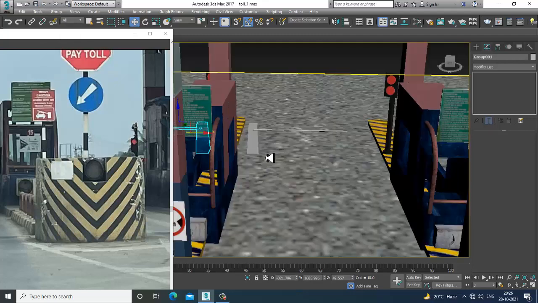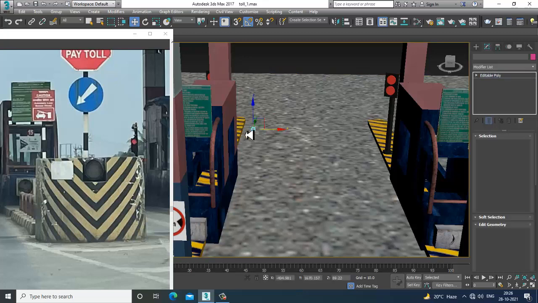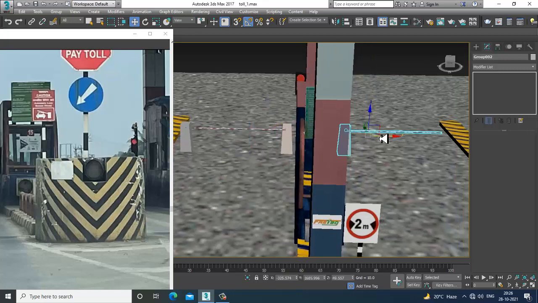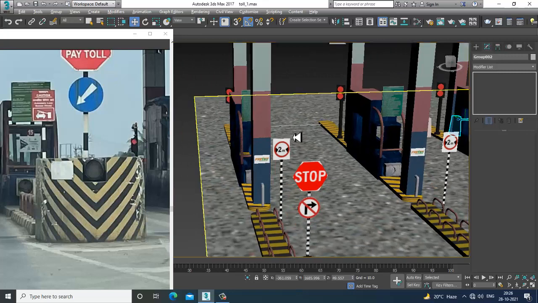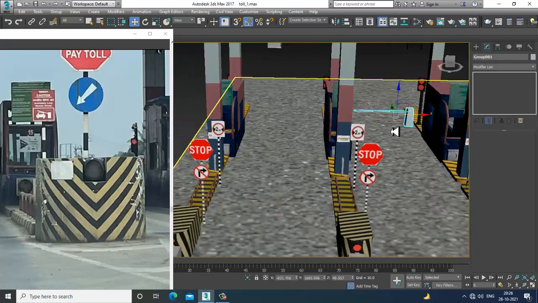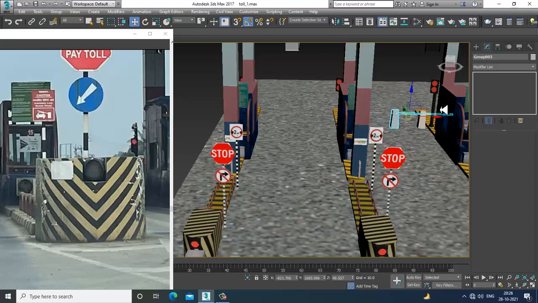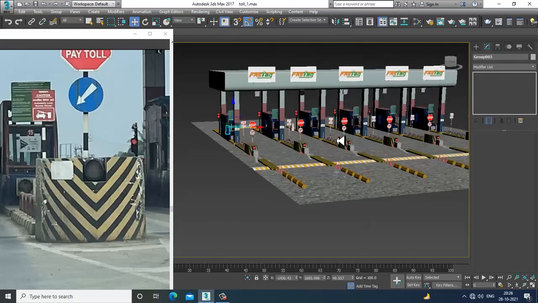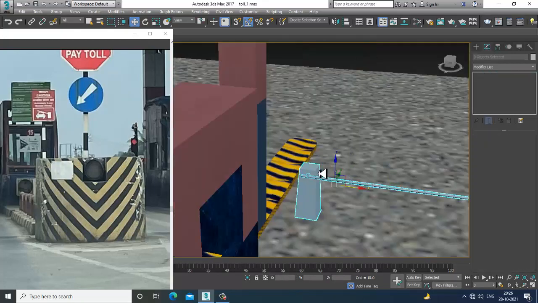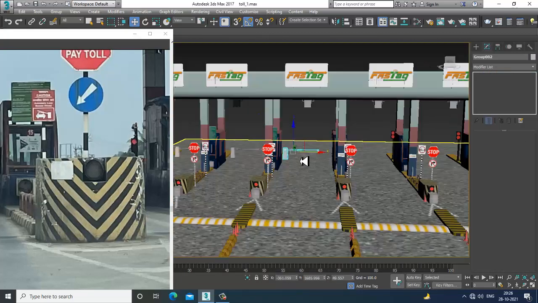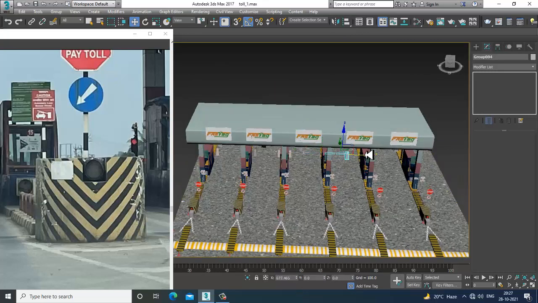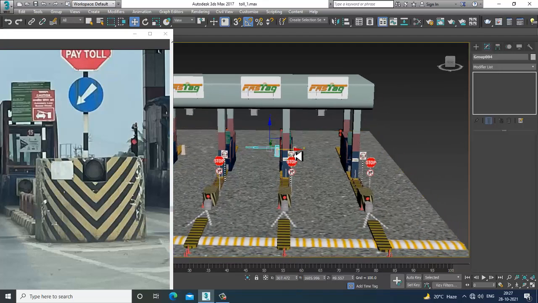I'll select this, delete this, mirror it, copy this and put it over here. Again select this, delete this, mirror it, and put it over here the right way. Select this, delete this, mirror it, copy this, shift and drag and put this over here.